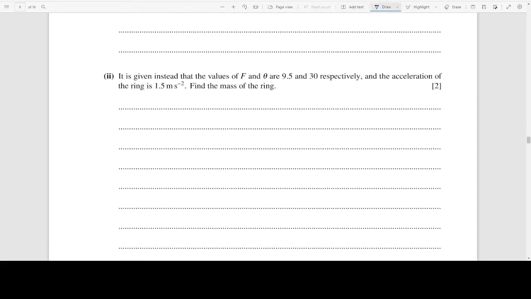Now it is given instead that the values of f are this and this, reflected in the acceleration of the ring is this. Okay, find the mass of the ring. So we can use this formula because acceleration, mass and forces come into the picture in this formula. So we just have to use m equals F resultant upon acceleration, and